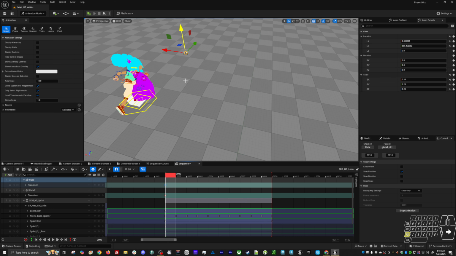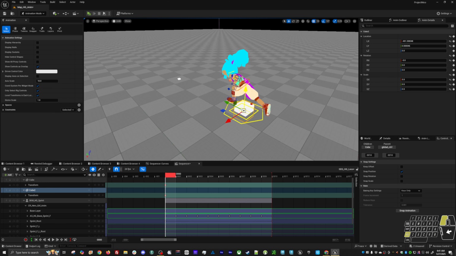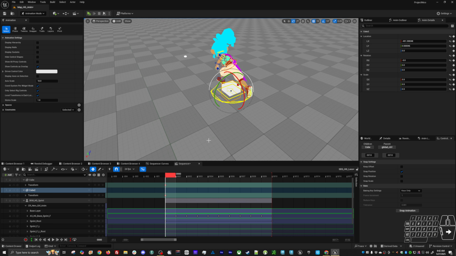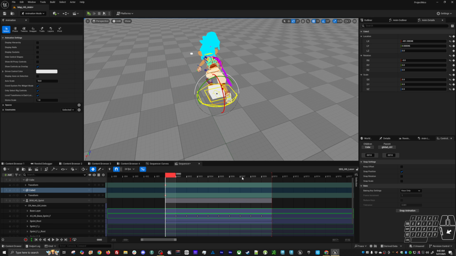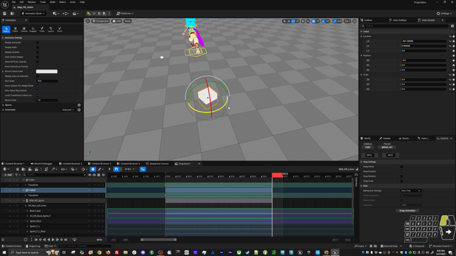So now we're set up, which honestly took longer than I wanted. That's okay, we're learning. So what we're going to do, we're going to set a key here. We're going to rotate all the way around, I say negative 360. We're going clockwise. So across those 10 frames,